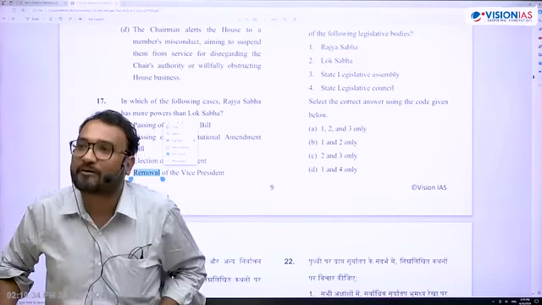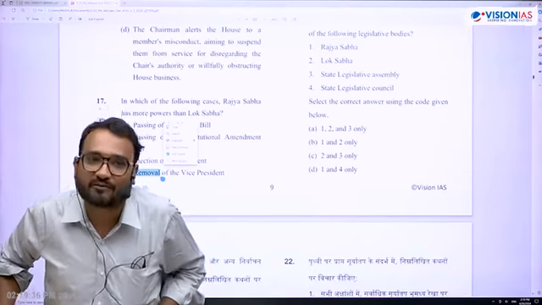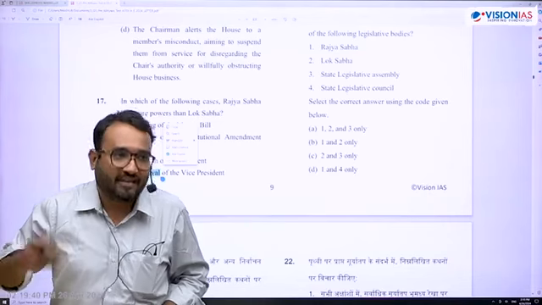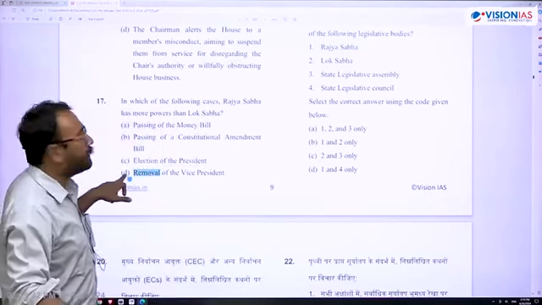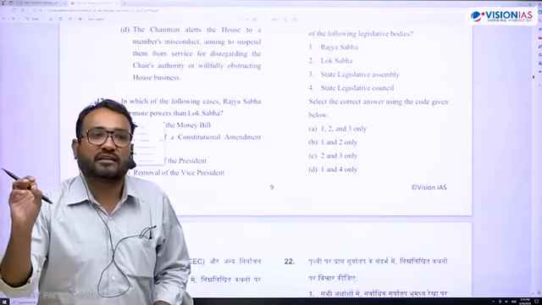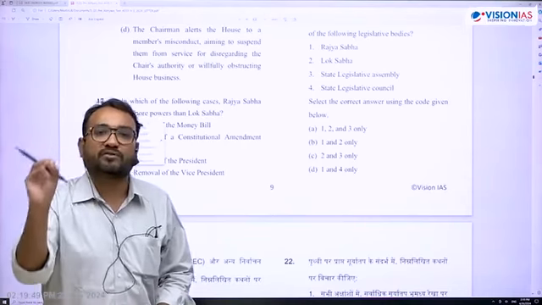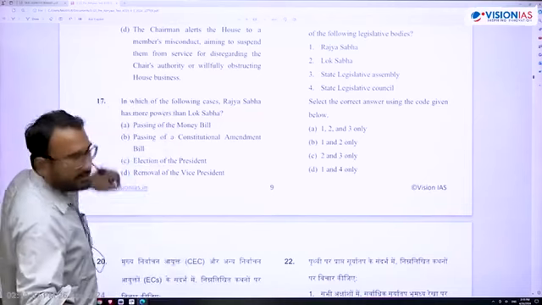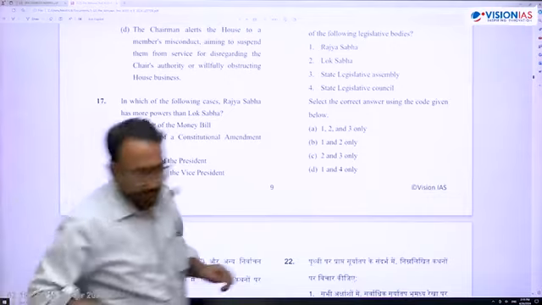That is the first point. Second, you require an effective majority in Rajya Sabha, but only a simple majority in Lok Sabha. So both ways, who is more powerful? Rajya Sabha is more powerful, so easily we will settle on 17 D. But the term effective majority is not mentioned there. They have mentioned the term the then members of the House. Then members of the House means effective majority. Understood? So 17 D. Now we have 18.